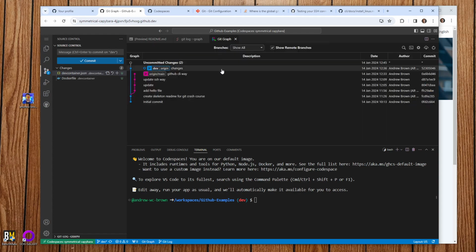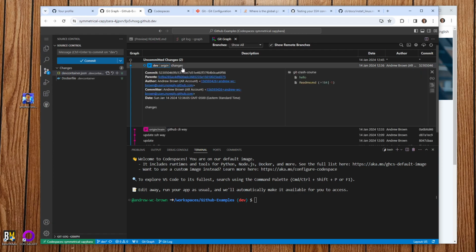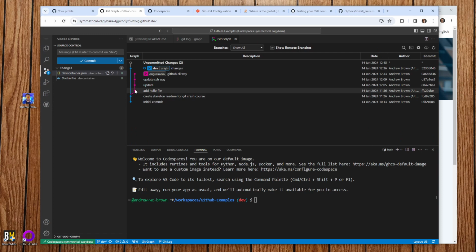So right now we're in dev, okay? And we added those couple changes over here. The idea is that we branched over here, so this doesn't know about these changes and vice versa. And we've got a whole lot going on here, okay? This is where we get into things like merging. So if we want to bring